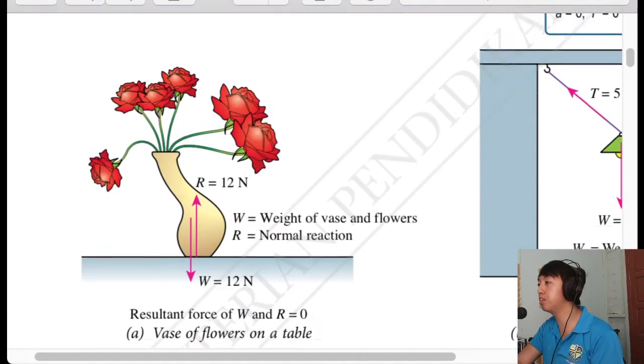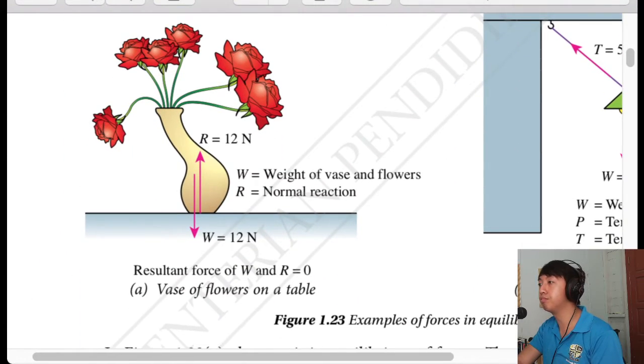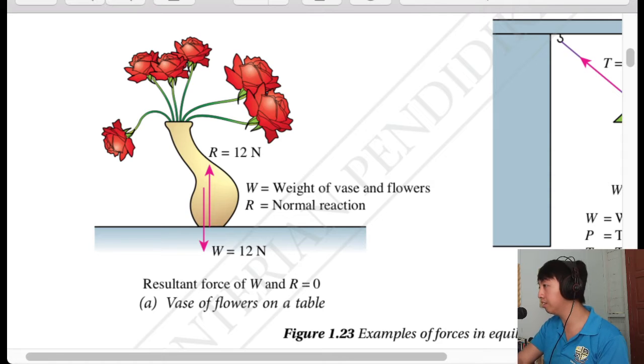Okay? For example, we have a picture of a vase standing still on a table. The weight of the vase is 12 newtons, and the weight of the reaction in the opposite direction is